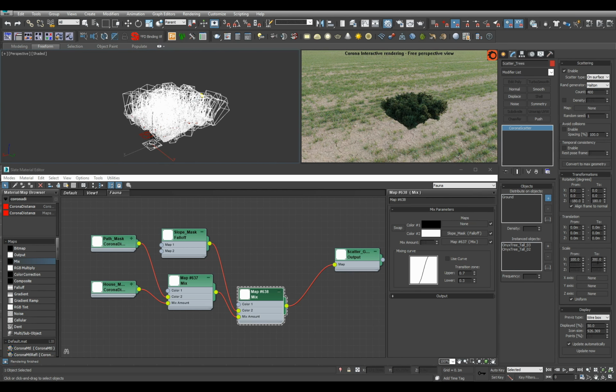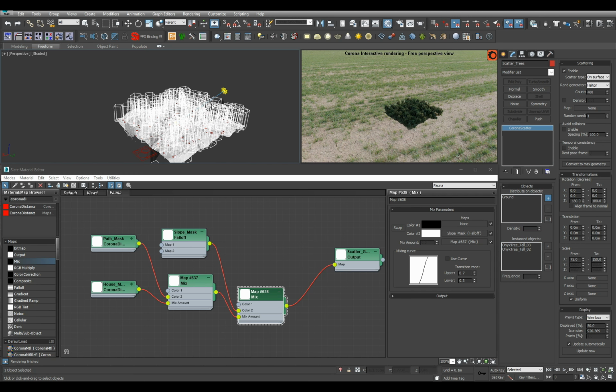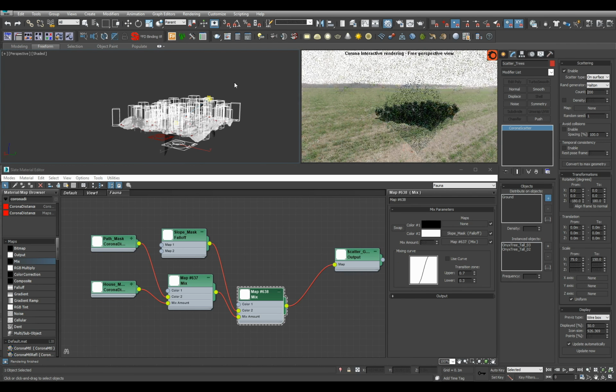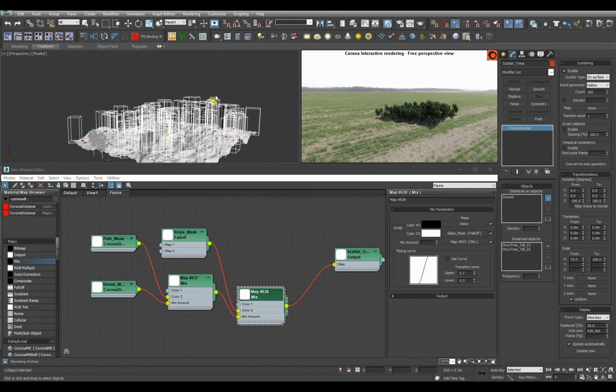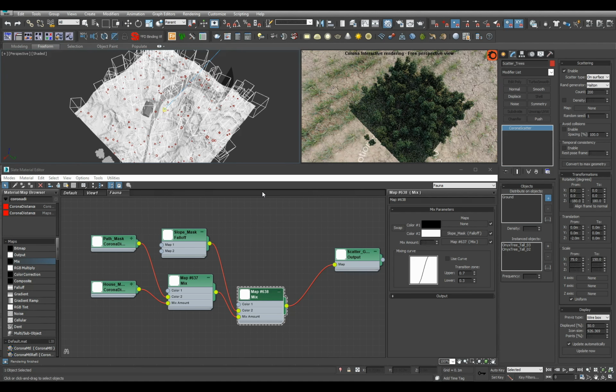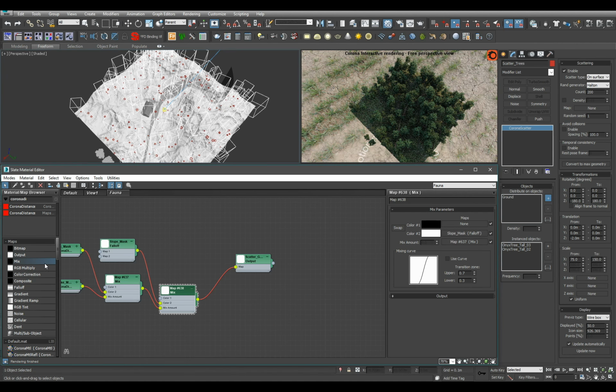So let's adjust the size, randomization. We do not want them to be aligned to the normal. Let's decrease count to 200. That looks better. That looks something like a forest. Translation, maybe randomizing z from like -3 meters or -2 meters to 0 meters. And now, if we create a new output,